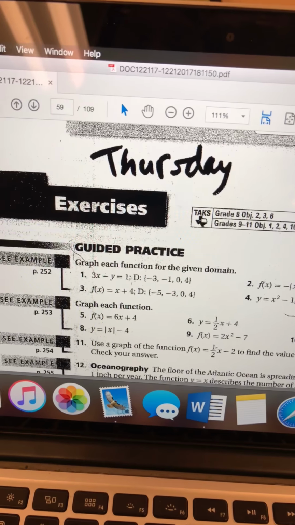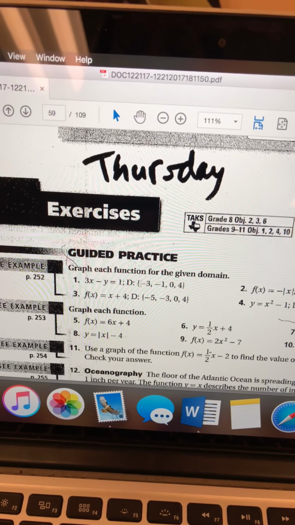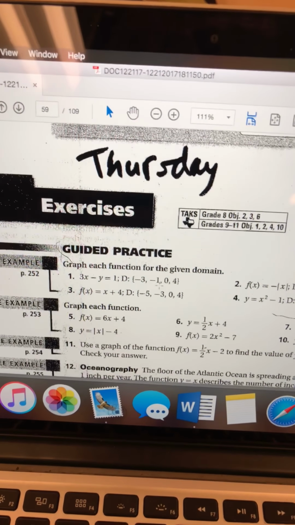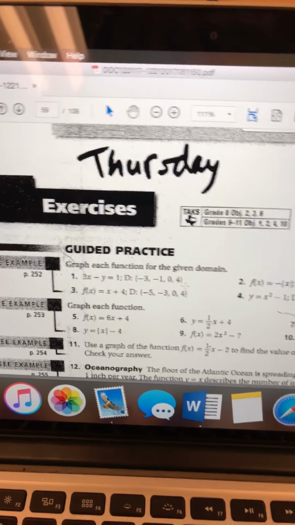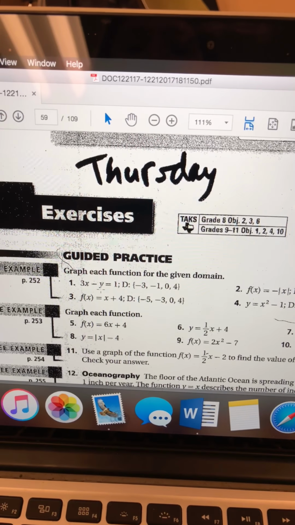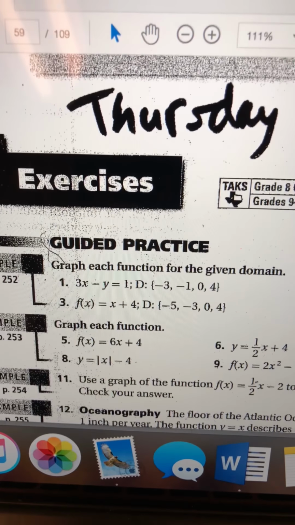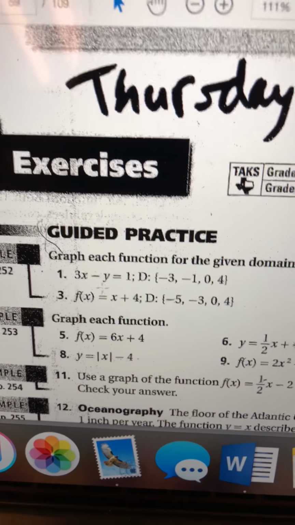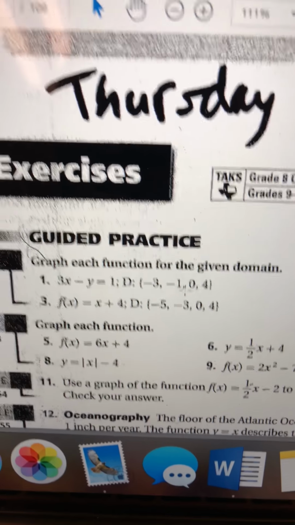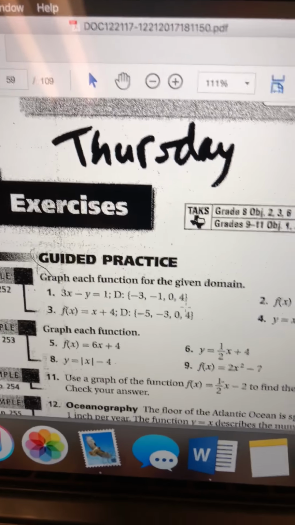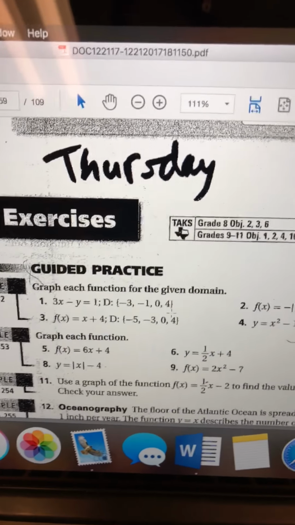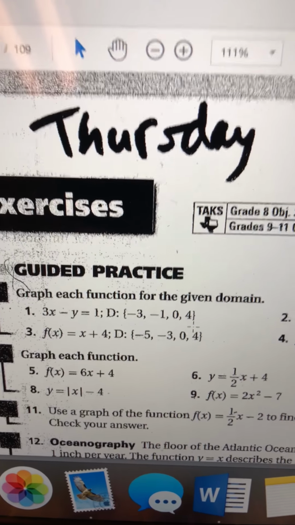And the D stands for the domain. And it's telling me that the domain is -3, -1, 0, and 4. When you see this, this means that it is a discrete function. And the only values that exist for this function on our x is -3, -1, 0, and 4. So what I'm going to do is go ahead and plug in those values for my x so that I